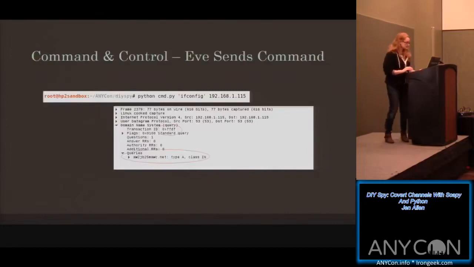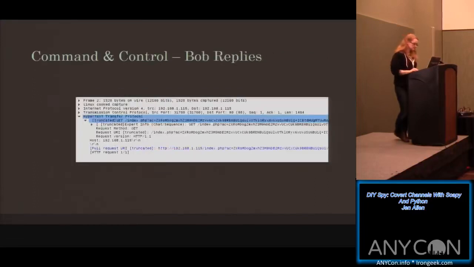So here is the sequence actually occurring. So we've got command.py, and I want to get an ifconfig readout from Bob. So I've identified Bob's IP address and the command I want to send. And you can see in the packet capture of Eve's packet outbound, the command packet, it is creating a DNS request. And you can see I'm looking for awzjb25mawc.net. I'm sure that's a host somewhere. And my transaction ID is FFDF.